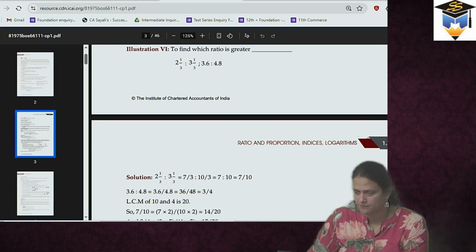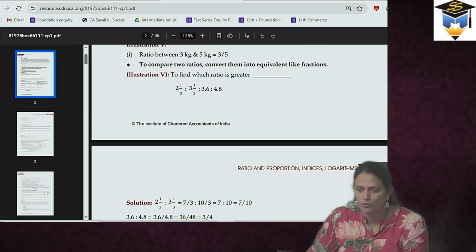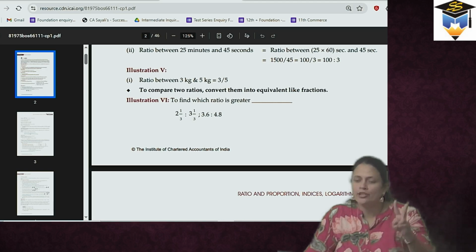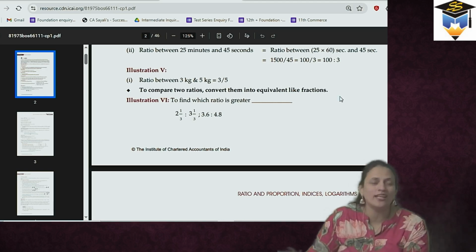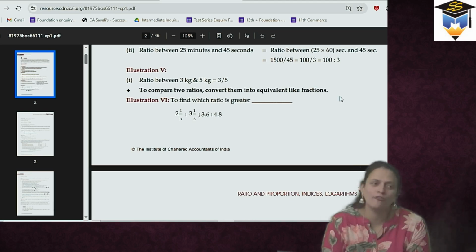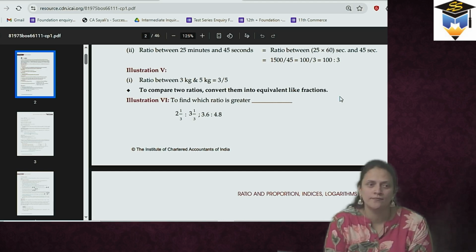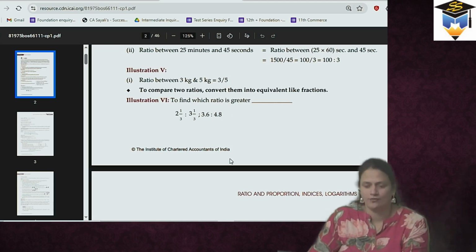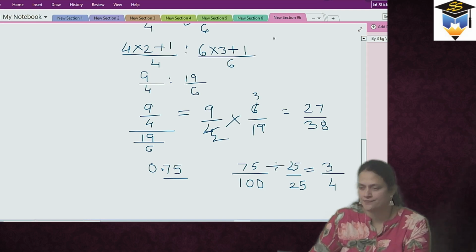Okay. Now अगर तुमने यहाँ पे देखा, they have taken one example also. To compare two ratios, you have to convert them into equivalent like fractions. अभी मैम ये क्या concept है? All of you know what are like fractions? Can you tell me? Like fractions यानी anybody? You want to tell me? Okay, so write down. Like fractions